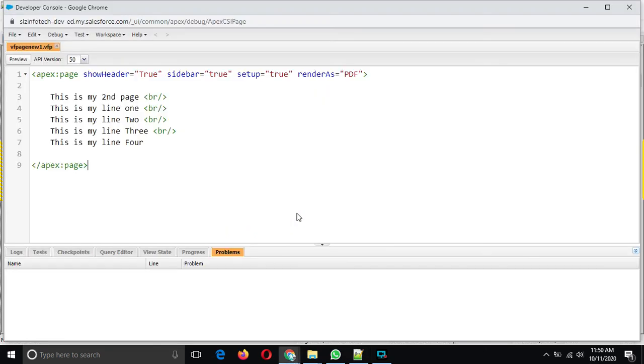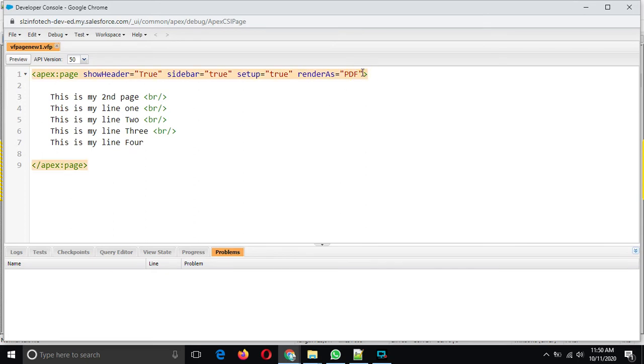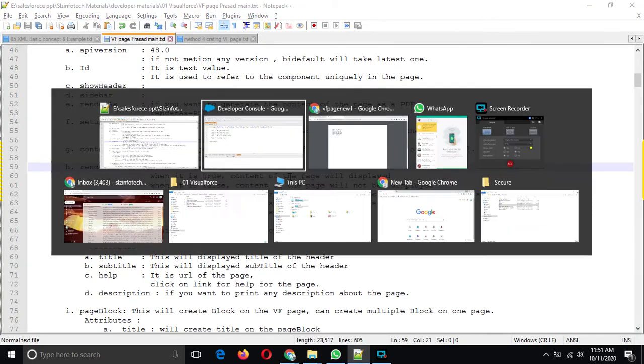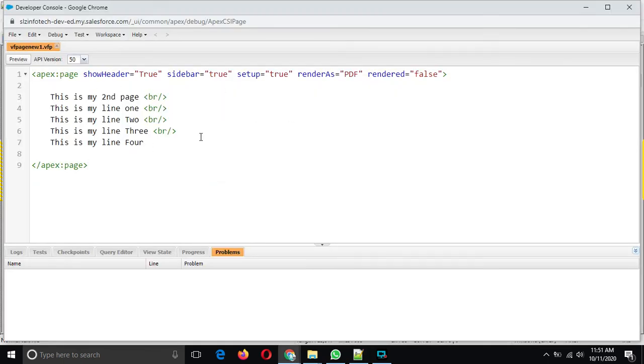So we can use rendered. If you are putting rendered as false, the content we have mentioned here is hidden.